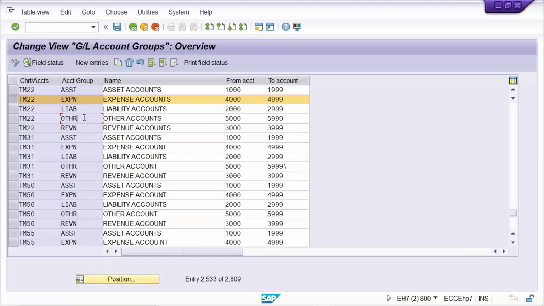Okay. So here, how many account groups are going to be created? This is not at all our decision. This is going to be decided by the client. Okay. Now I'll tell you guys,